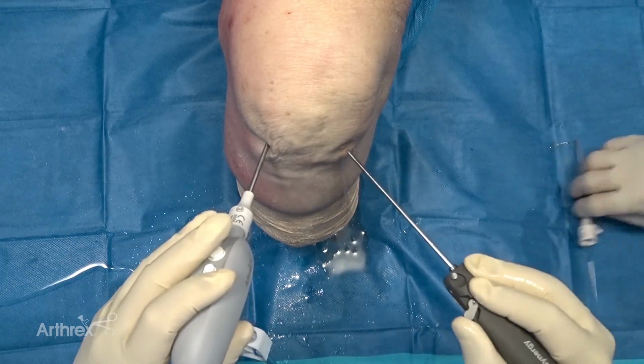I'm going to go right in that skin incision that's been made, and now I'm into the joint with my Nanosaber. Okay, so you can immediately see the difference in length of the Nanosaber versus the Dex Blade. So for example, I'm all the way on the medial side of the knee and I'm getting all the way laterally because of that added length. So you can see this frayed meniscus. It's the lateral meniscus, and we're going to do a standard partial lateral meniscectomy, and